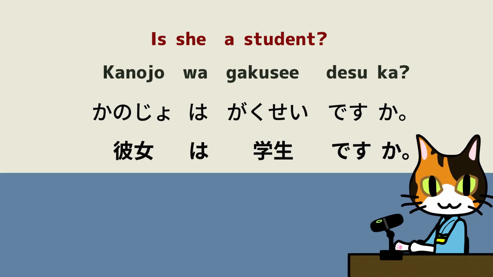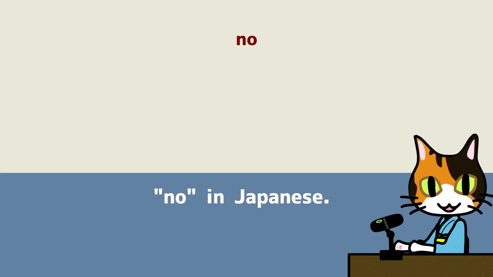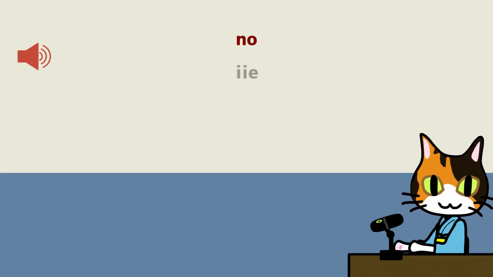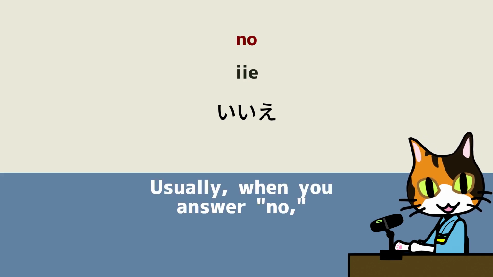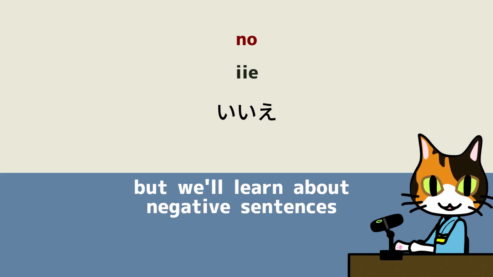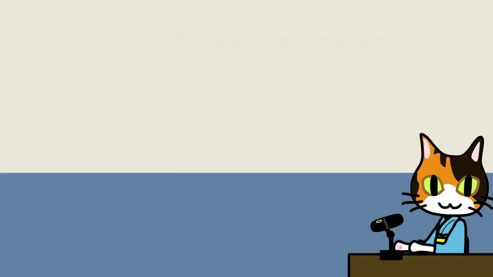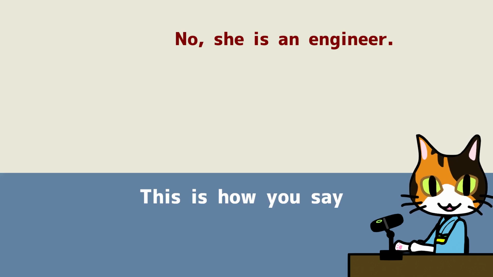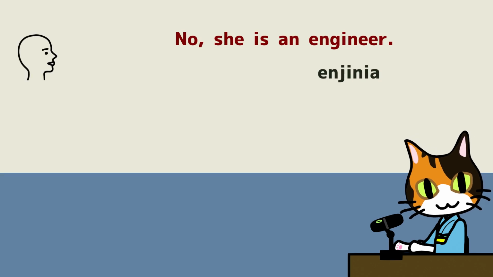Very good. Now, what if the answer is, no? This is how you say, no, in Japanese. いいえ。 Very good. Usually, when you answer, no, you use a negative sentence. But we'll learn about negative sentences in the next lesson. So, this time let's answer in the affirmative. No, she's an engineer. This is how you say, engineer, in Japanese. エンジニア。